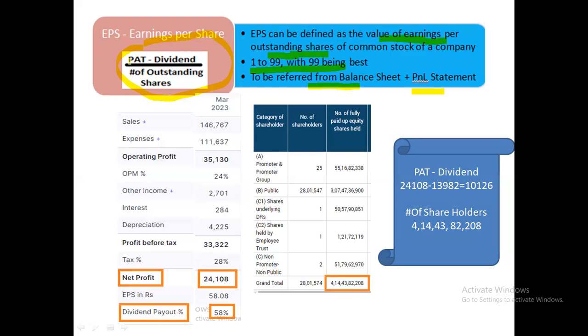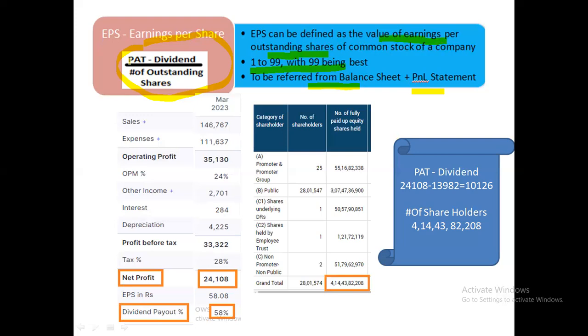They have to issue the dividend from the profits, because sales has the expense as well, the tax as well, the depreciation as well, and the interest as well. So they cannot pay out whatever the sales amount is. They have to pay out from the profits only. That is, net profit minus dividend, divided by the number of outstanding shares.